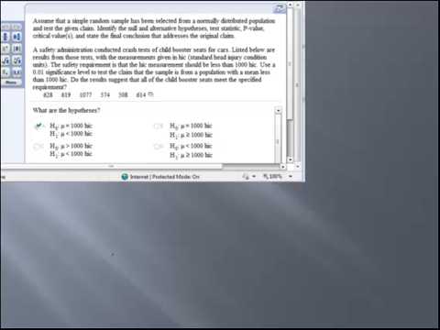A safety administration conducted crash tests of child booster seats for cars. Listed below are results from those tests with the measurements given in HIC, Standard Head Injury Condition Units. The safety requirement is that the HIC measurement should be less than 1000 HIC. Use a 0.01 significance level to test the claim that the sample is from a population with a mean less